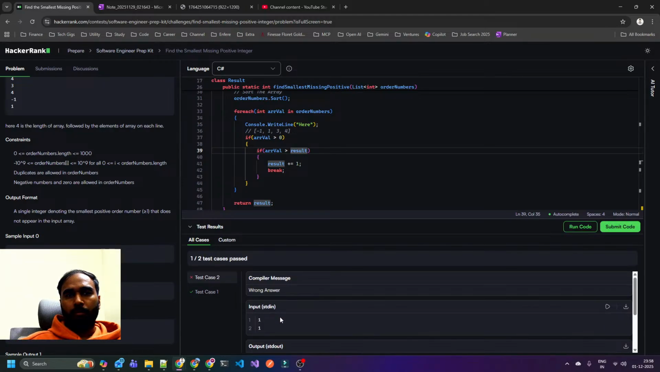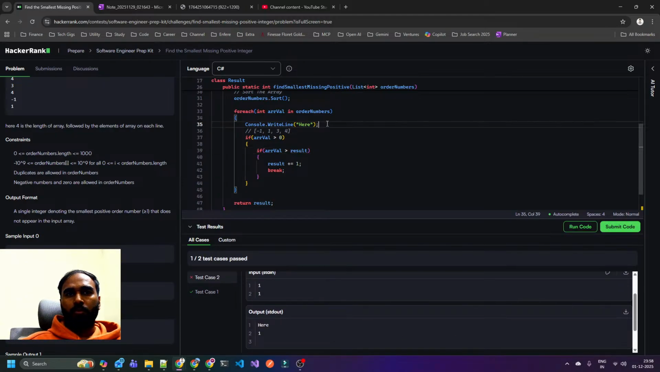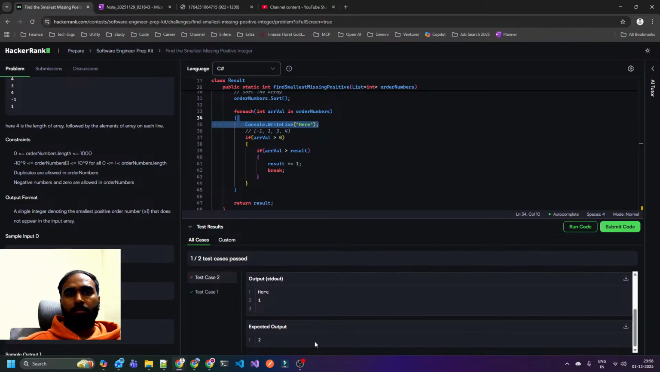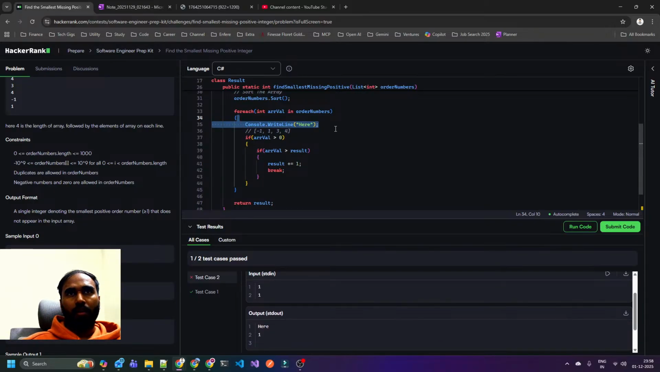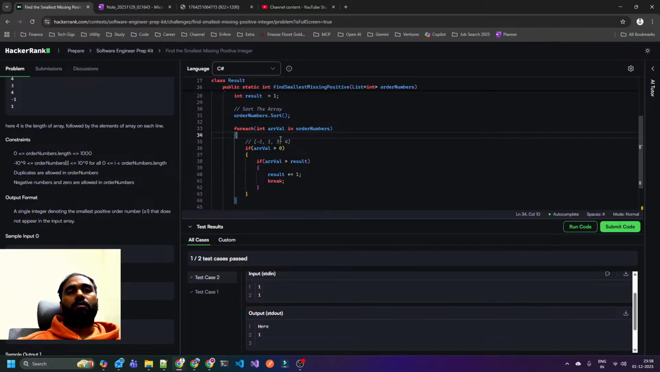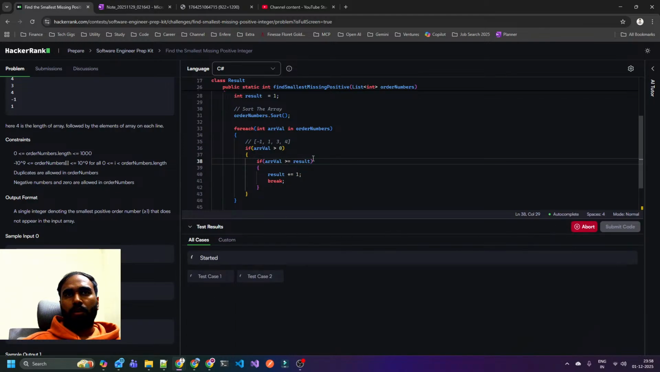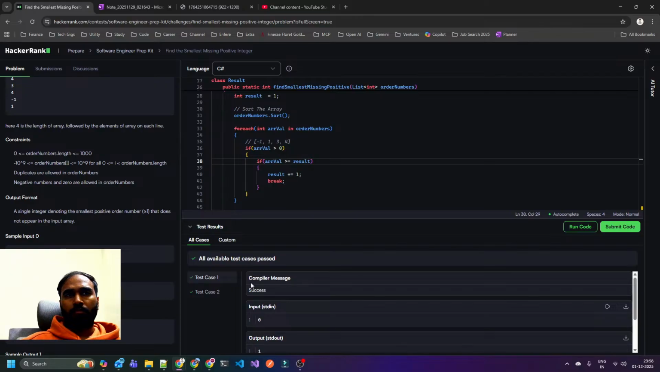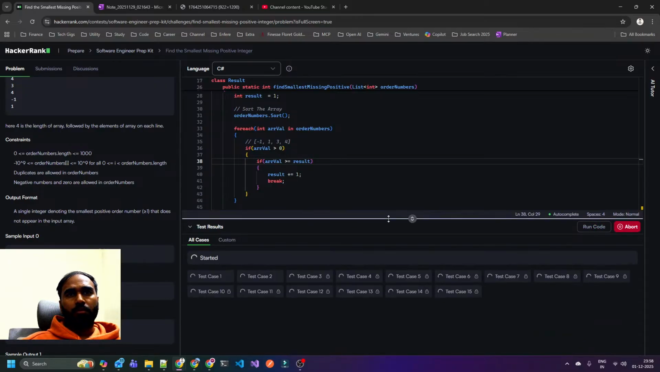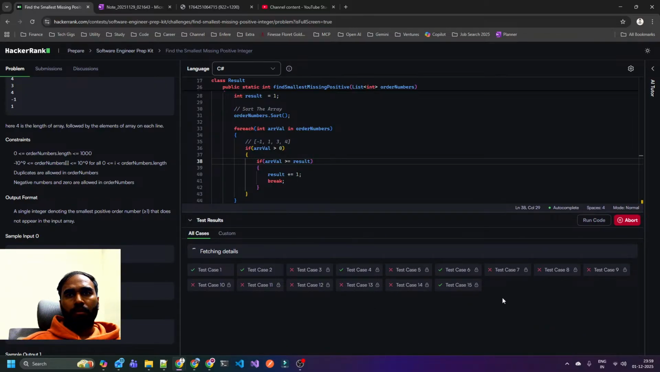This one passed, this one failed because expected was 2 and we got 1. Why? Because if we go here, consider it as 0. In case of 0, it will come here and leave 1. Now when it is 1, then array value is equal to result, then this should be the one which adds this value. Now if I submit the code, I should get